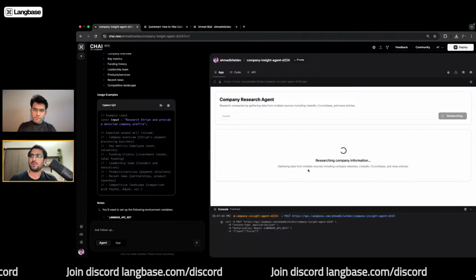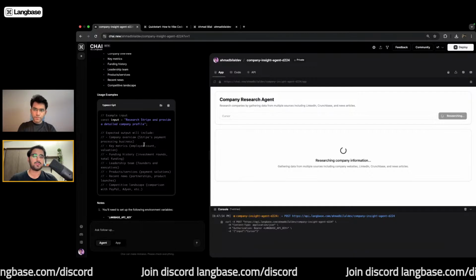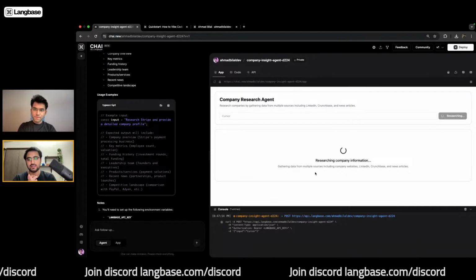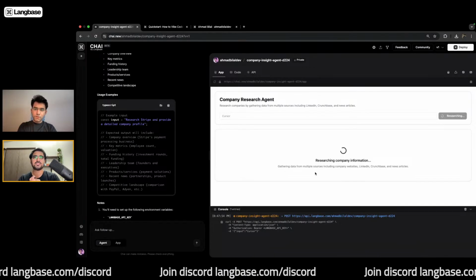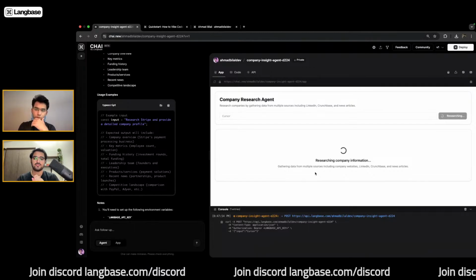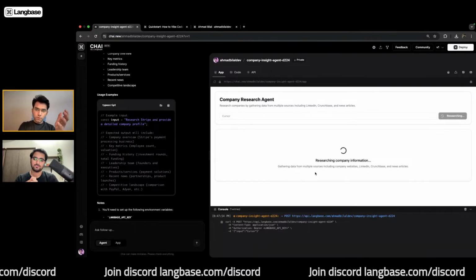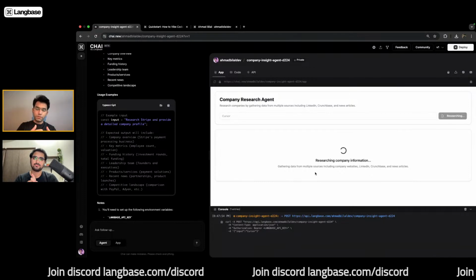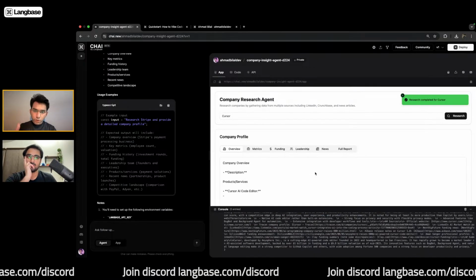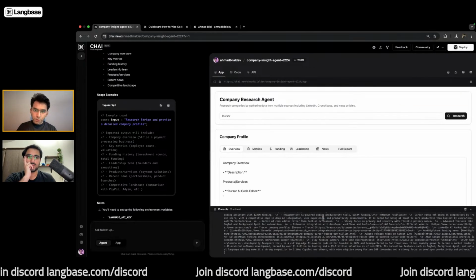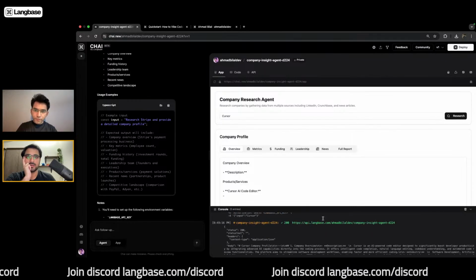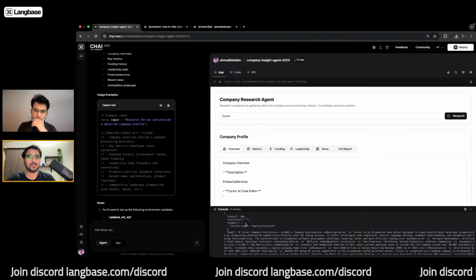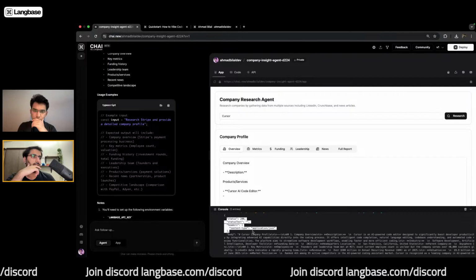All right, so it's going to take some time because it's a research agent, and with a research agent, we are more concerned with the quality of the data than the latency. Also, since it's a multi-agent workflow, it's a single workflow with multiple steps involved in it, so it's doing all those steps together. I think we have some output, right? Yeah, we've got the response, and I quickly want to show you inside the console. This is where you can debug the response, get the status and whatnot from the API request.